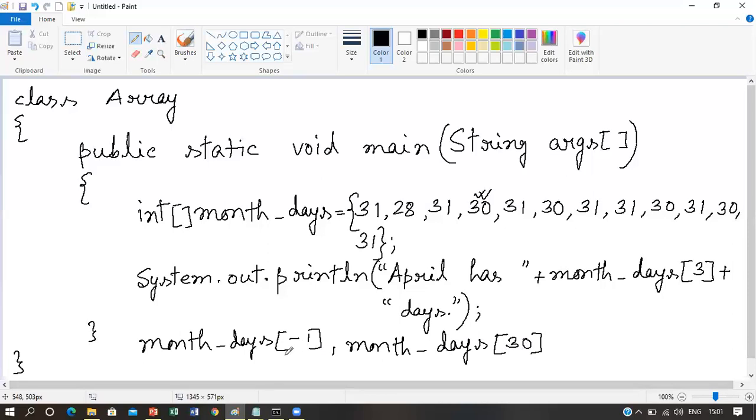So both the indices -1 and 30 are out of the range of this array, because this array can contain only 12 integers. So in these two cases, this program will cause a runtime error. If you want to access these two indices inside a program, then that program will give you a runtime error.